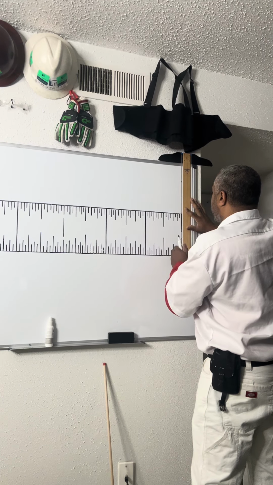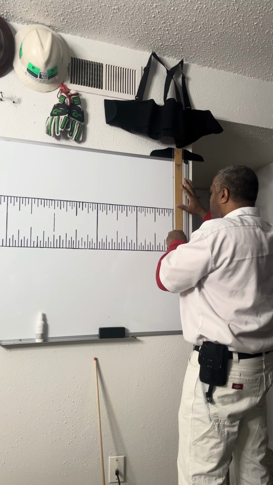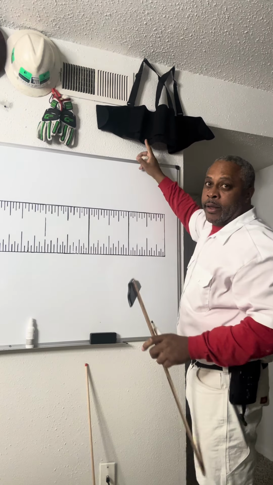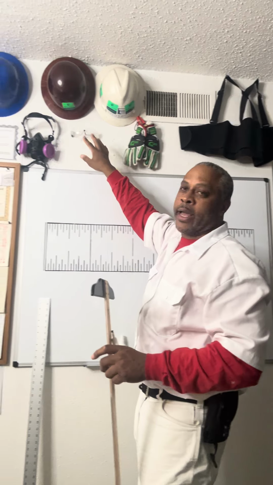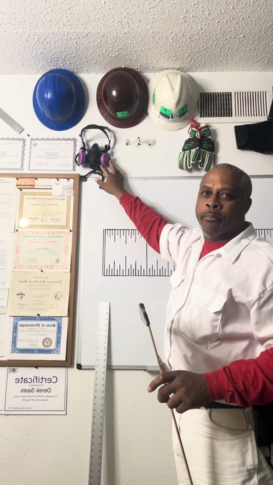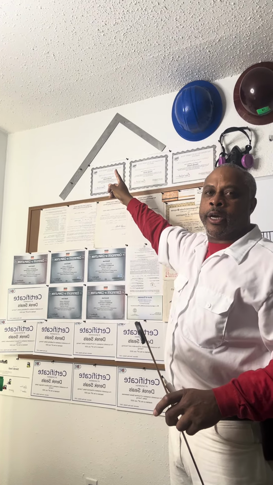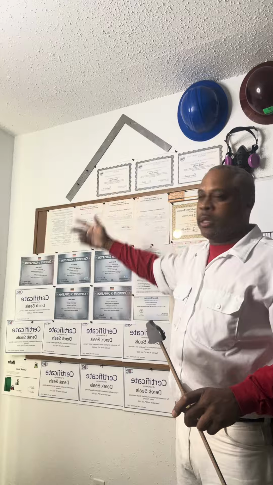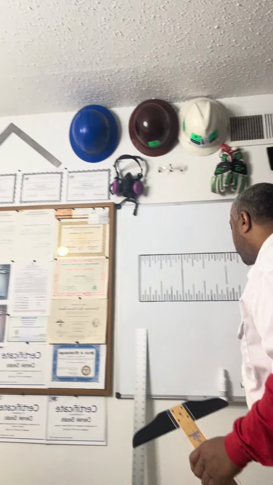I have different products up above me. What you see above my head, I have here a back brace, gloves, hard hats, safety glasses, mold mask. All my credentials lie over here. Frame and square, which is a key element to stair cutting, roof cutting, just a square period. There are other different types of squares that you're going to need to learn how to use. Okay, so with that being said,